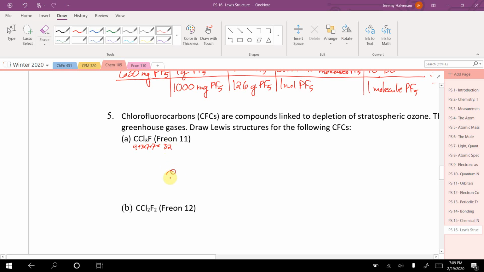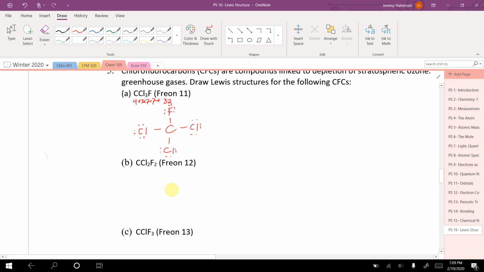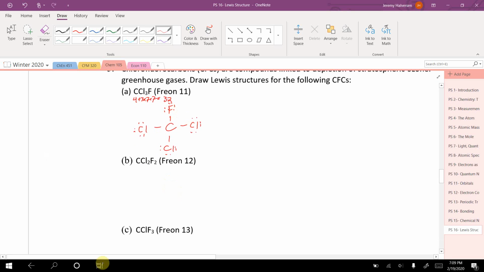32 electrons. Carbon in the middle. Cl, I got 3 Fs. Start filling up the most electronegative, so 2, 4, 6, 8, 10, 12, 14, 16, 18, 20, 22, 24, 26, 28, 30, 32. Formal charges are all 0. I am done. Now you notice fluorine and chlorine are both